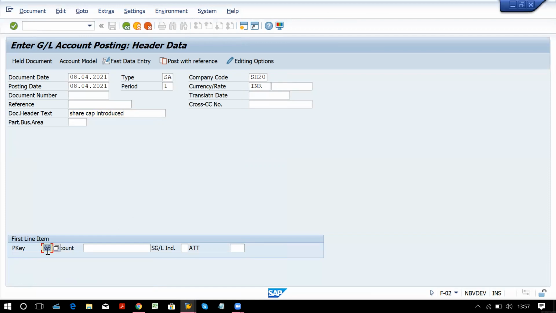So for first line item, generally system picks it automatically. Be it a debit or credit, system will pick it up first. Okay, and one you have to enter manually. Now this is debit entry. So which account you want to debit? So what is the entry we are going to post? That is bank account debit to share capital.